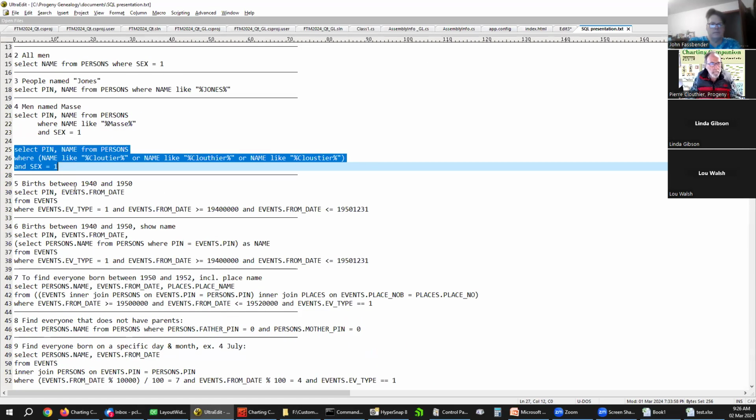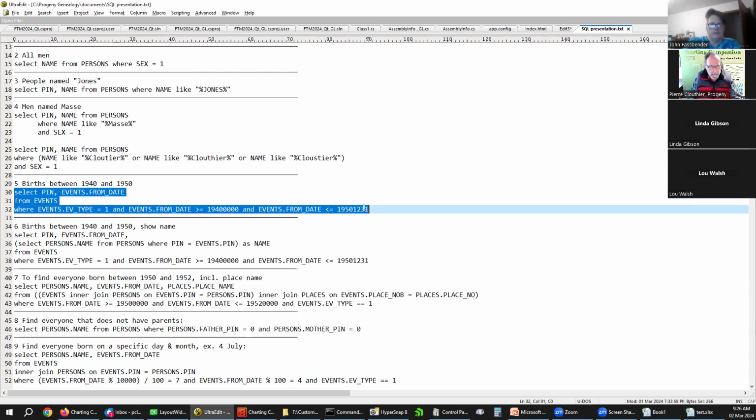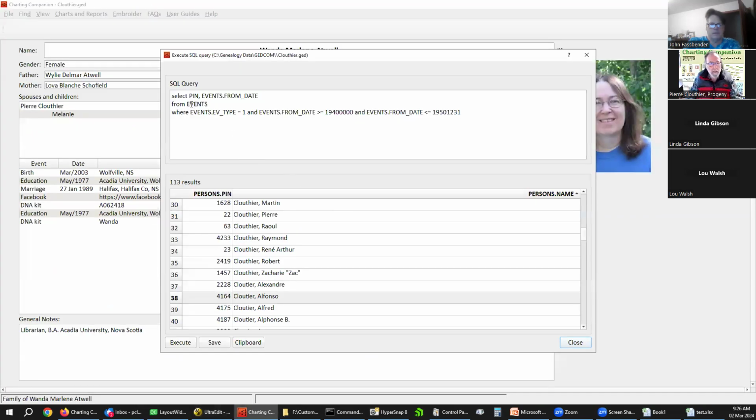Now, here's another one. We're looking for births between 1940 and 1950. So again, select pin, events from date. Now here we have a table qualifier, events period, says it's from the events table. We're selecting from the events table where the events type equals 1. This is a birth. And the events type is greater than or equal to